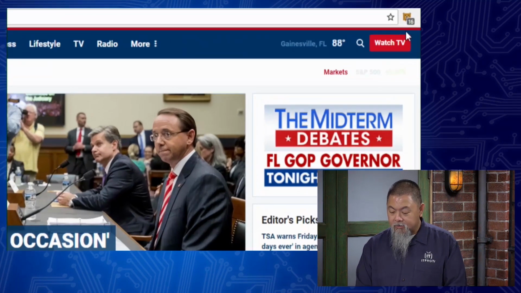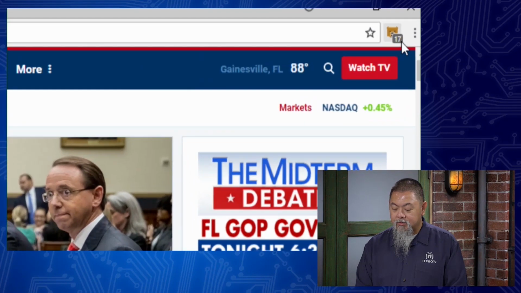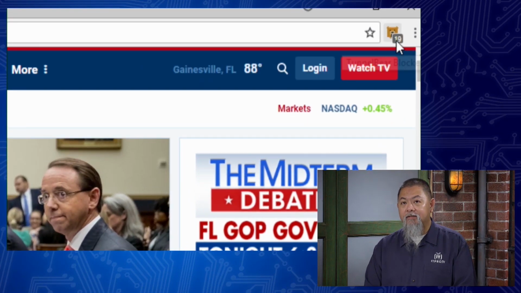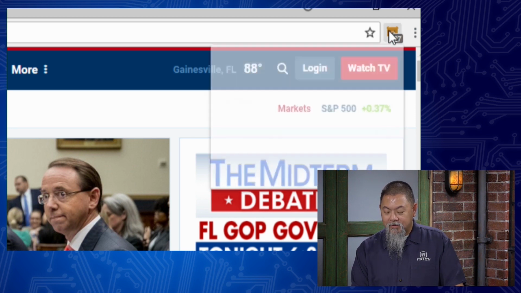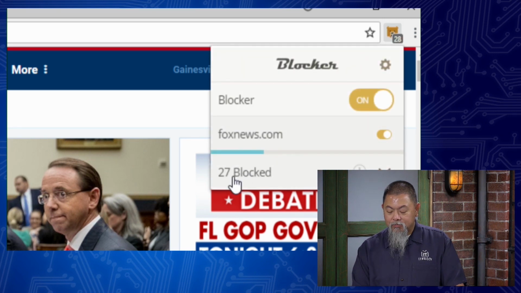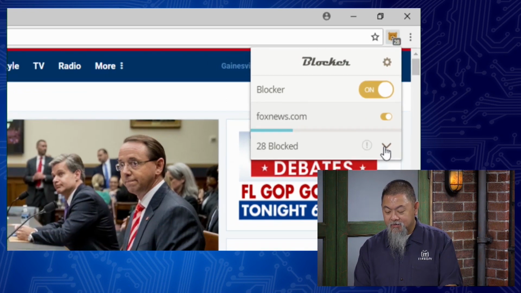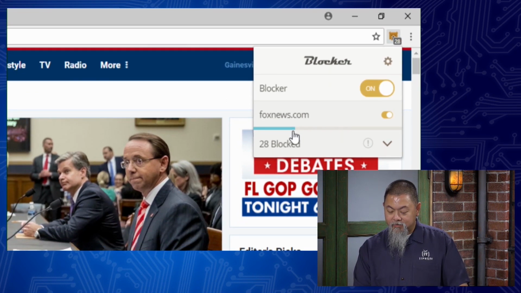And you can see this little number is starting to crawl up again, okay? So there it goes. It's continuing, 24, 25, 27. It's continuing to do some blocking here for us. And now you can see where it's actually blocking, 28. Looks like it's going to continue to add up here in just a moment. It doesn't look like it's actually partway through. Look at that, Don. It looks like it's only like a quarter of the way through, or maybe a fifth of the way through. There's a lot of elements.